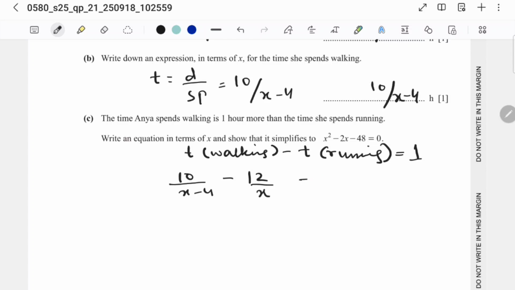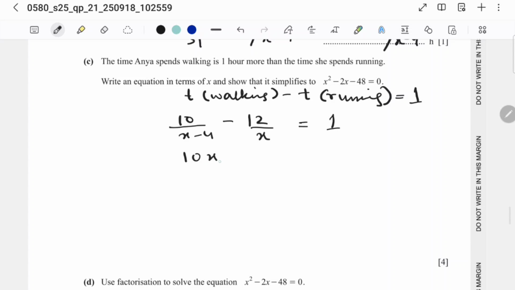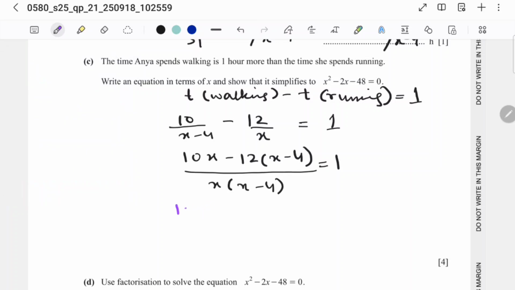That is the time, we have found it. So that is equal to 10x minus 12 times x minus 4 upon x into x minus 4, equal to 1. Whenever we solve, it is 10x minus 12x plus 48,